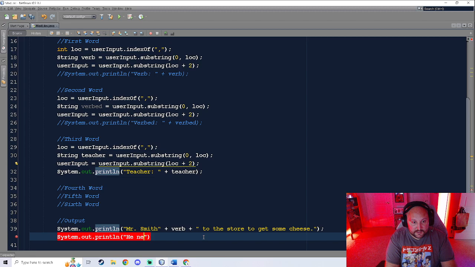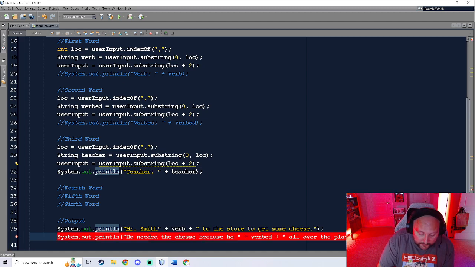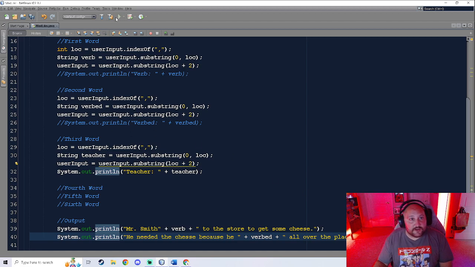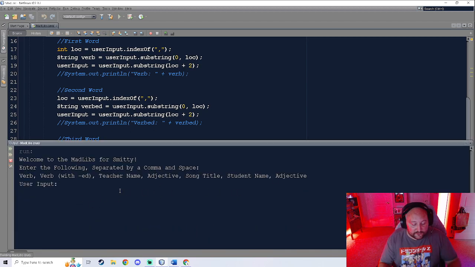He needed the cheese because he verbed, I guess, all over the place. I don't know. It's getting weird. But just to show you here, what we're looking for is user input is going to be,